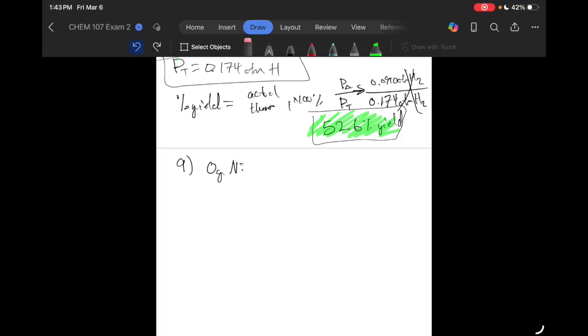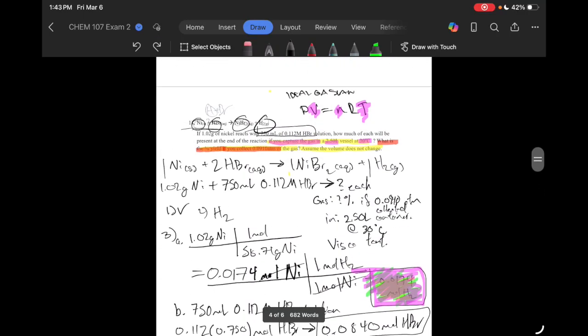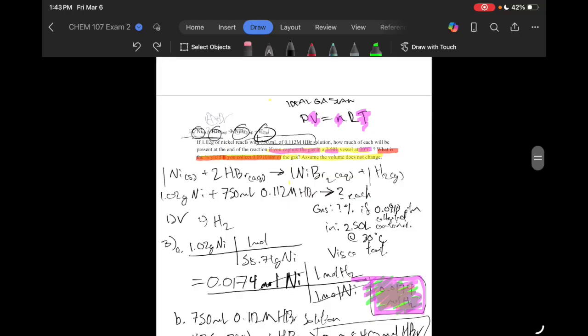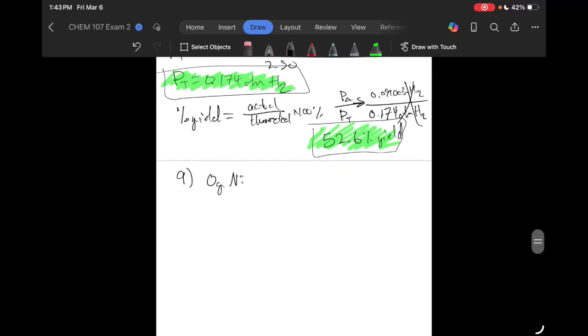Because in the problem we were given... I have no clue what I just did. I just erased everything. Okay. Because in our problem, we were given nickel in terms of grams. So whatever state of matter it was given in at the beginning, you're going to have to state that at the end in step 9. Okay. So 0 grams of nickel left over because it's the limiting reactant. You don't have to specify that, but